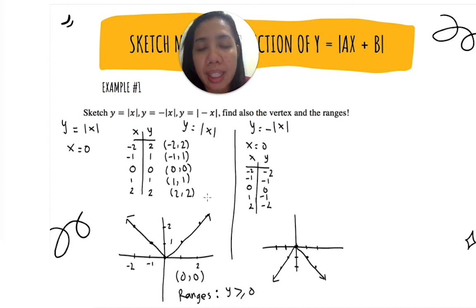So here I can name it y equals the absolute value of x, and also y equals the absolute value of minus x, the same thing. Okay,